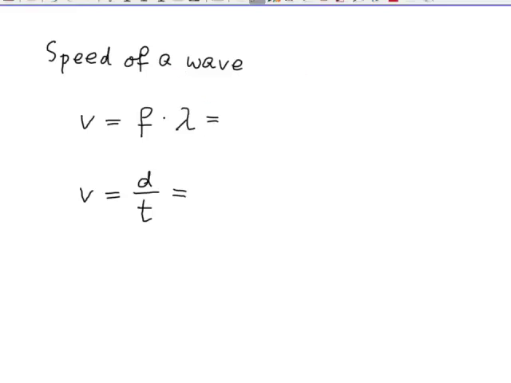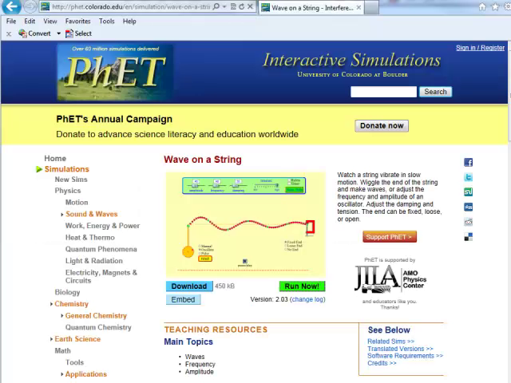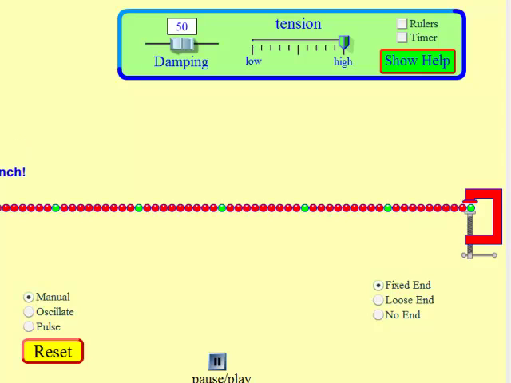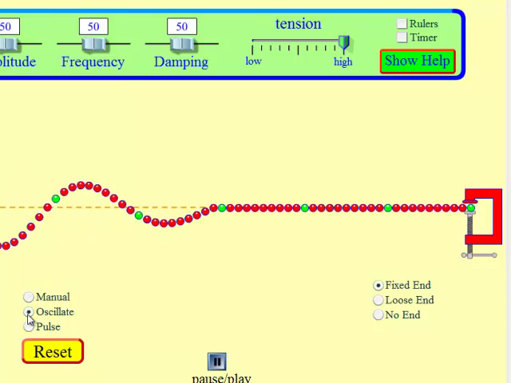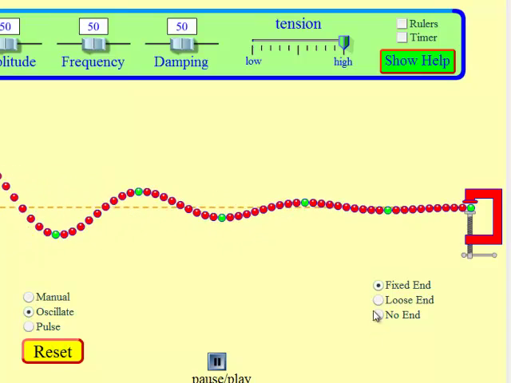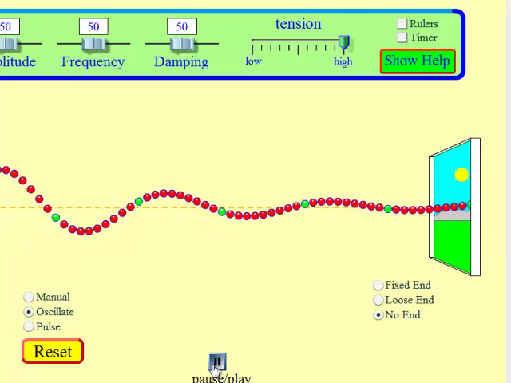Okay, so I'm going to go there. This is the PhET, P-H-E-T, that you can easily Google, and I'm going to go to the physics, sound and waves, and then I already clicked on wave on a string, and I click run now, and there we go. Okay. And what I want here is to interrupt myself because the phone is ringing. Okay, I want to click on oscillate with no end,